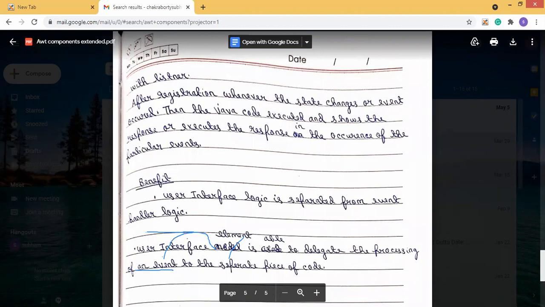So the user interface logic is separated from the event handler logic, and the user interface element, or the source, is able to delegate the processing of an event to a separate piece of code. These are the benefits. We can say there is the interface logic and the event handler logic, and we can partition these two.